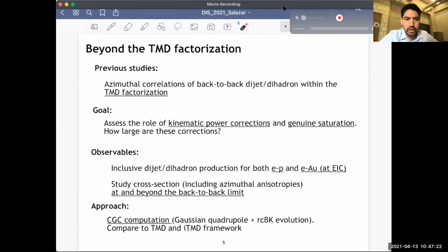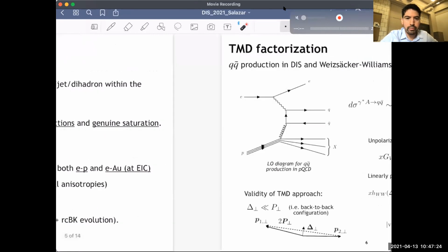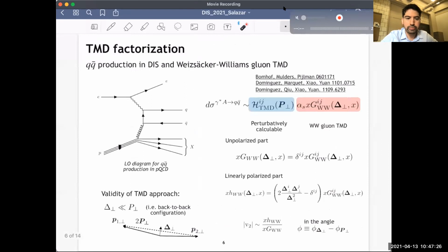Okay, so just to remind you of the TMD factorization. In the TMD factorization, one assumes a separation of scales. In this case, one assumes that the momentum imbalance is very small. That means that the configuration of these jets or hadrons is almost back-to-back. And then one can factorize the cross-section into a hard factor that can be calculated in perturbation theory, and a